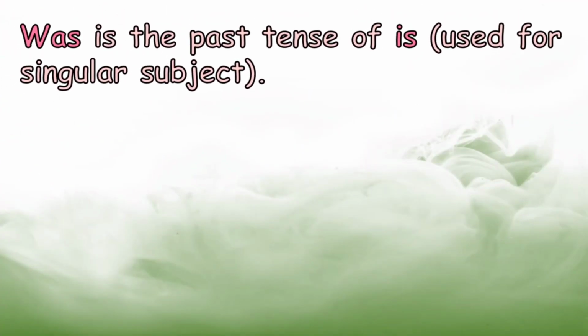Was is the past tense of is. As I mentioned a while ago, is used for singular subject. Again, was is the past tense of is, which is used for singular subject. Examples: